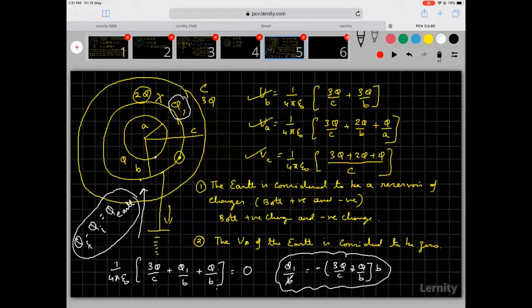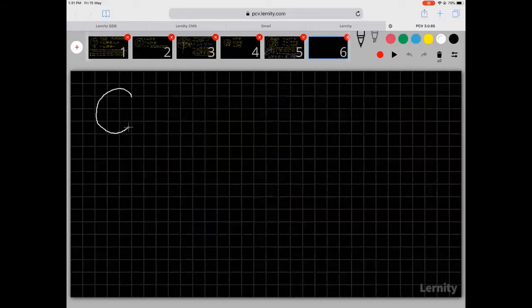Okay. So if you get it, then we will move ahead. This logic is what needs to be understood. The earth is a reservoir of charges, both positive and negative. It's not that it has only positive. So simply speaking, if you have a charged body here with charge plus q, and you earth it, just take a wire and connect it to the earth, all this charge will go to the earth.